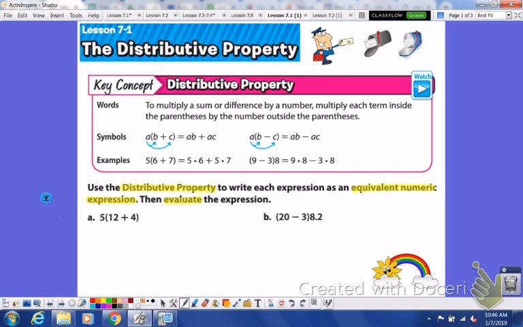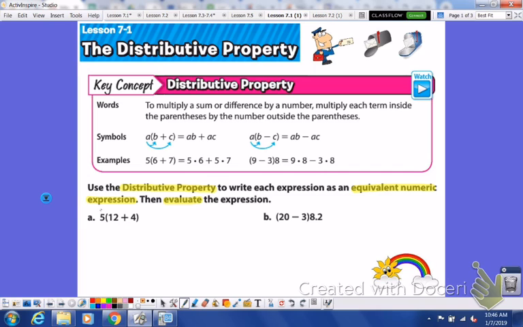So there's a couple examples here for you. We're just going to jump right into down here. We're going to use the distributive property to write each expression as an equivalent numeric expression. Then we're going to evaluate the expression. So there's a couple steps that we're going to be taking from the very beginning here. Eventually you'll be able to skip some of these steps, but for now I want to see all of this